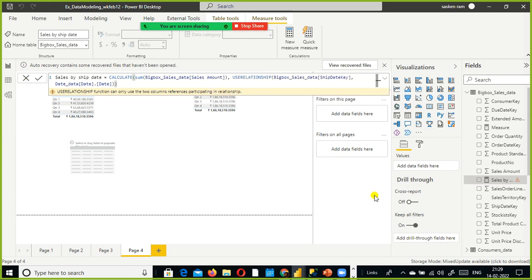It can use only two columns. Okay, here I did not use the, look here. This one is related to this one and this one is related to this one. What is this for? I think I put an additional parenthesis. No, it's correct only, right? Yeah. Okay, one second. Let me just.